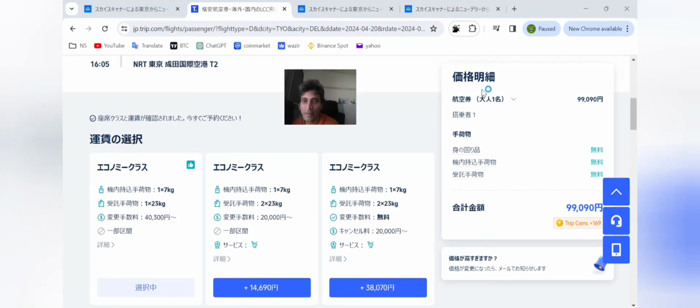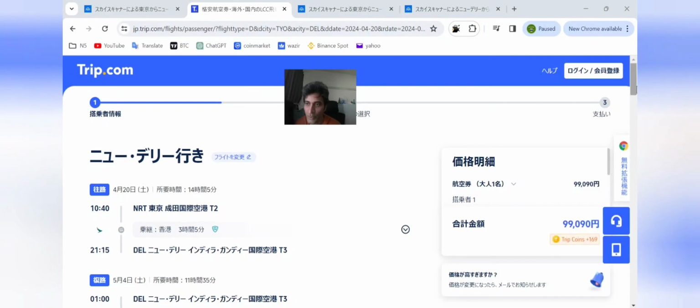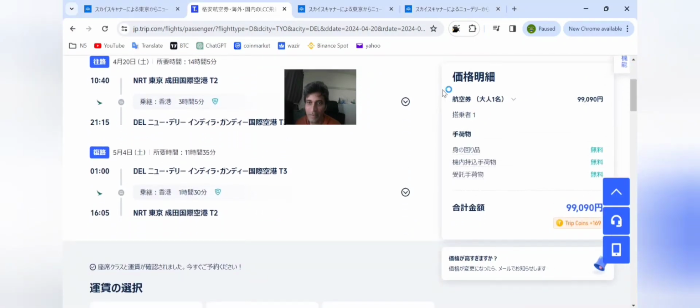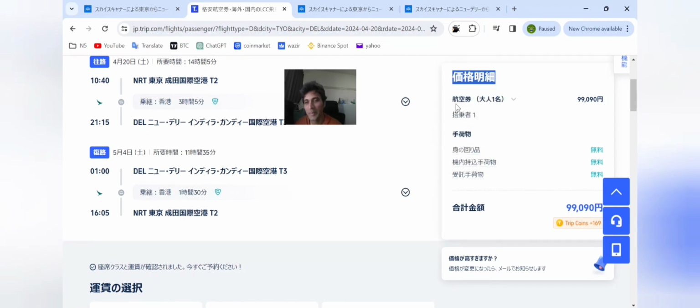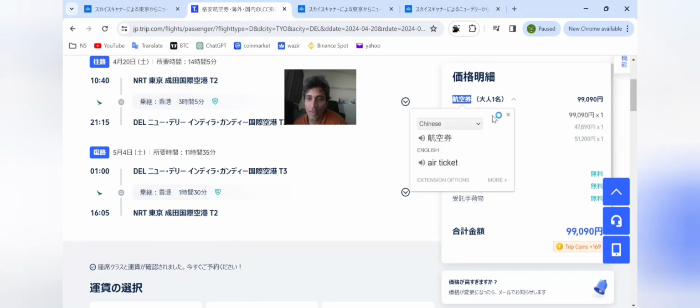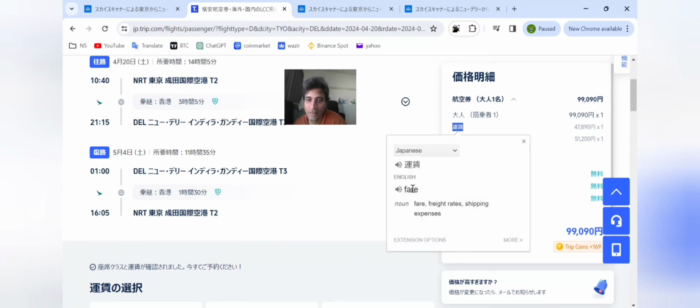If I see the price, it says Kakaku shousai, like pricing details. Okay, let me select it for you also. Okay, so this is Chinese. I don't know why Chinese is coming. It's Japanese. Maybe Chinese is also the same thing. So it says one ticket. Okay, airline ticket for one adult, it's like this much. So see, the fare is this much,